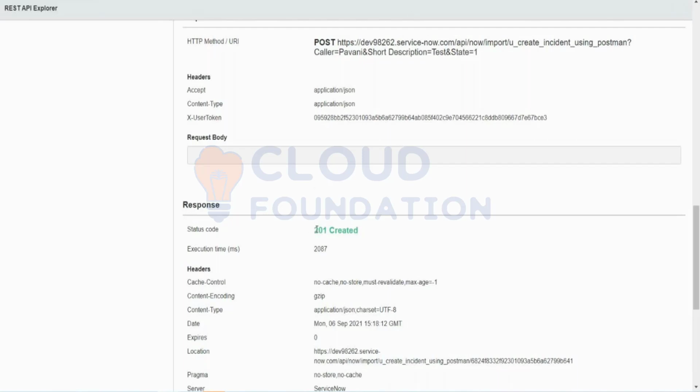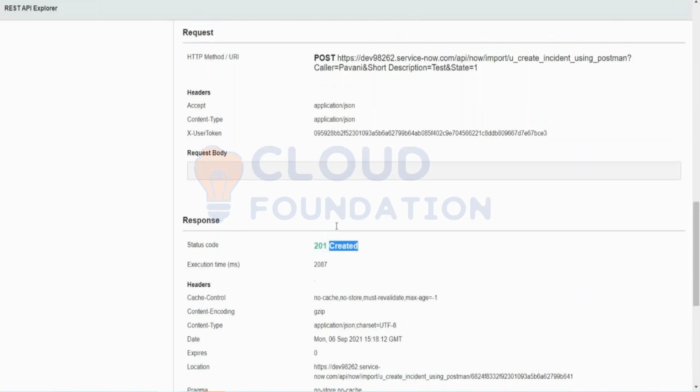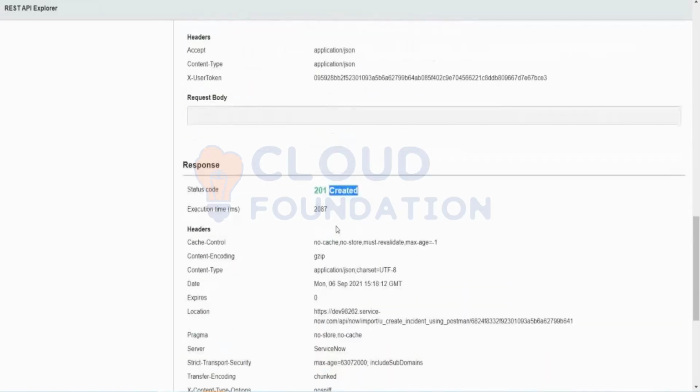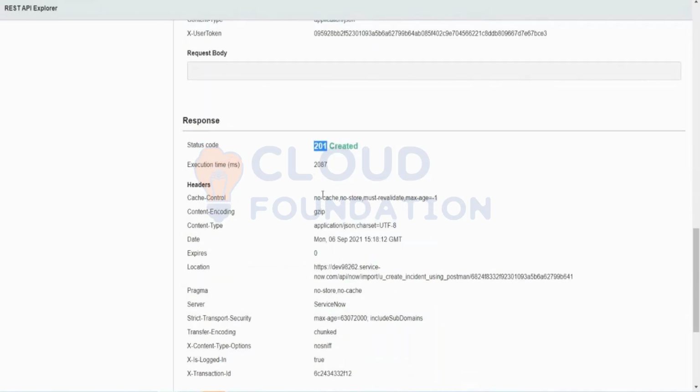200 is a status code, and 201 means created. 200 would mean that there is a request body that you sent, but along with that, from the third party, you wouldn't have sent some data. Like for short description, I said test. If you wouldn't have sent data for short description in the request, in that case, it will give a 200. Meaning, it would say there was no error in your request.